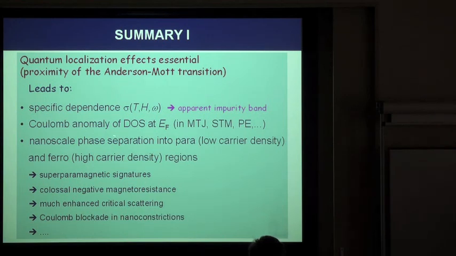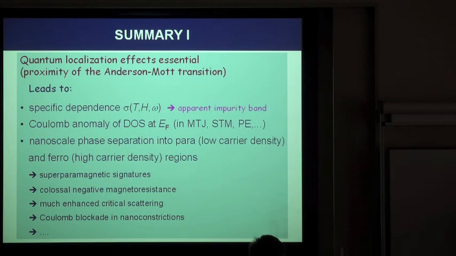density of states. Then another consequence of that is nanoscale phase separation into a paramagnetic low-density region and a ferromagnetic region with high density. And there are many reasons why this is very important. We see superparamagnetic signatures in some cases close to the metal-insulator transition. We see colossal negative magnetoresistance at TC, which we relate to ordering of the superparamagnetic regions. We have much enhanced critical scattering related to that. And then we have the astonishing presence of Coulomb blockade in our constrictions, which is hard to understand without some inhomogeneous